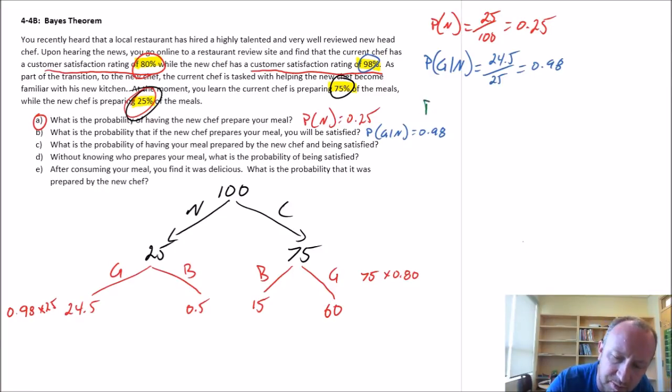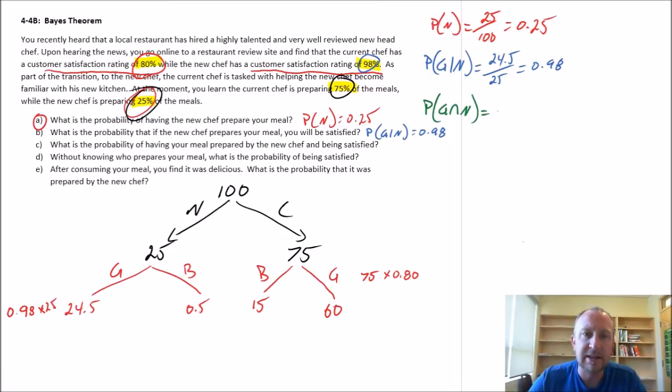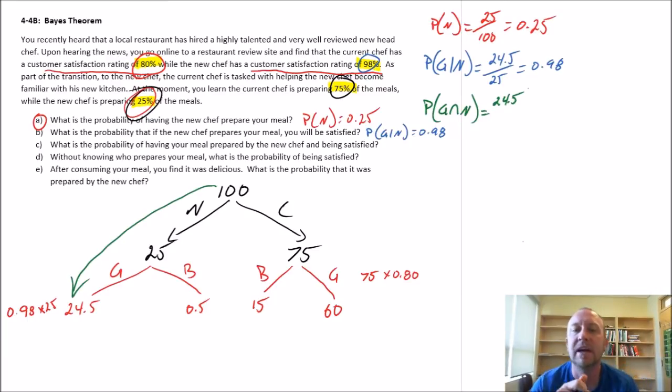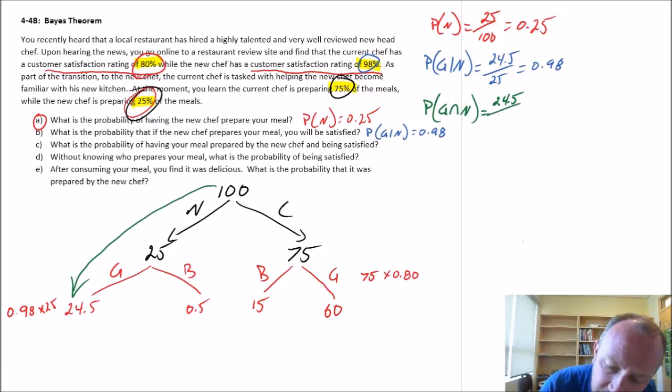So here we're looking at the probability that it is good and produced by the new chef. So how can we calculate that? Well, the number of meals out of those 100 that satisfy both those criteria, produced by the new chef and good. We just follow the branches of that tree down to our number, and here I see that 24 and a half of those 100 meals satisfy those two criteria. It's produced by the new chef and it's good. So 24 and a half out of 100, and so this is going to be